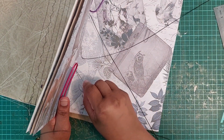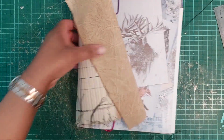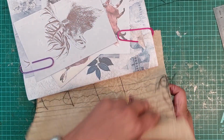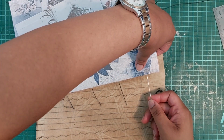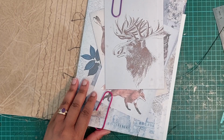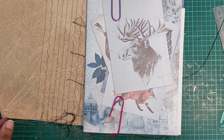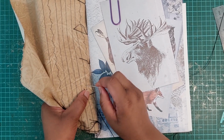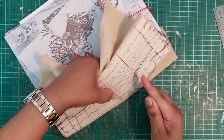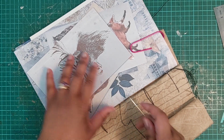Pull it through. Find the next hole here and put it through there. Out the back. In through the last hole, if I can find it. It's here. And into the last hole on the signature, and I'll tighten these when I'm done. And then through here, and then through here, same hole again, and then back in through the middle. Back in through the middle here, and then